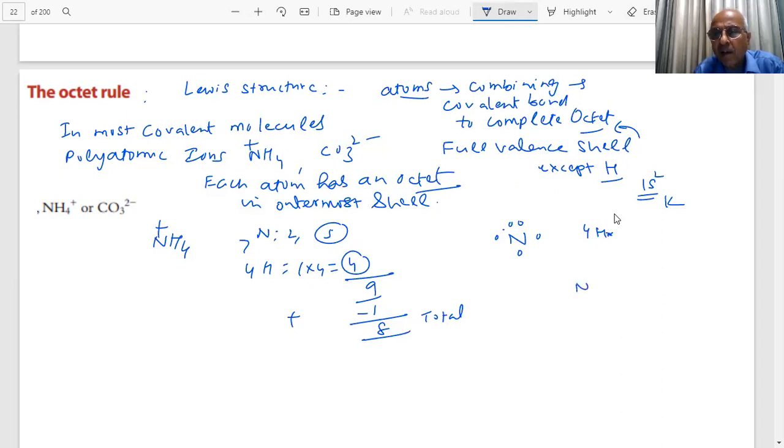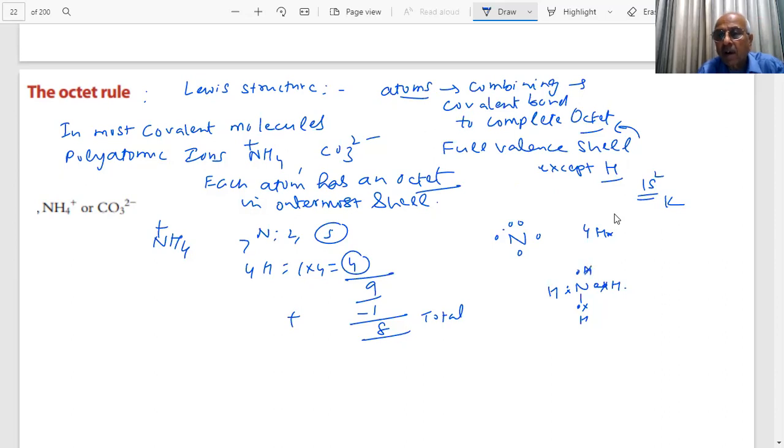You have N, this 1 and 1, this 1 hydrogen. Then you have this and this hydrogen. These are the 3 hydrogens, and there is a lone pair of electrons on the nitrogen. Can you see that? But now the 4th hydrogen is coming. What will happen? This 1 electron is lost, student. Nitrogen plus 1 means what? Plus 1 means 1 electron is lost, and 1 is coming from here.